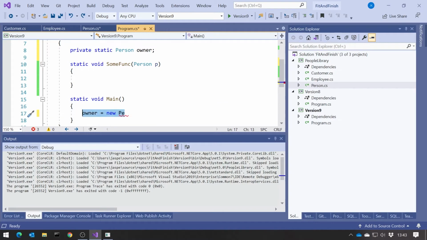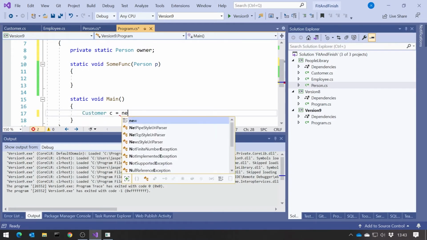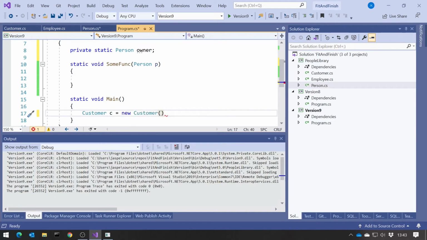Let's make this a customer C equals, then say new, and notice the IntelliSense there is being rather too helpful because the whole point of this is we can miss that off and it put it in there, but never mind. But what we could do is then just have their name equals Betty and their credit equals 1000.